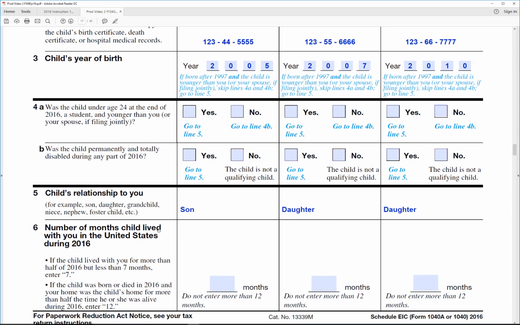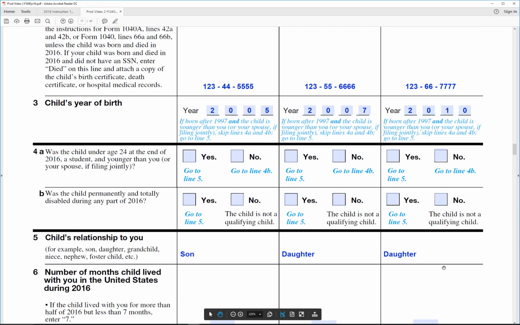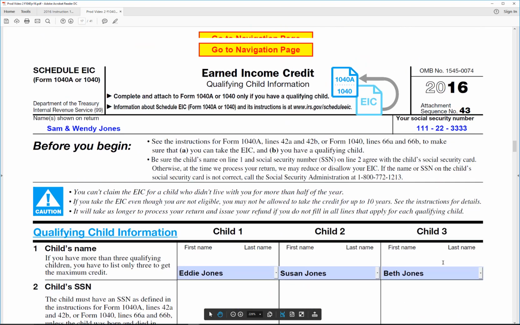And on line 6, we're going to say that all these kids lived at home for 12 months, just like that. Oops, 12, not 13. And then I have this little computation at the bottom here where it tells you that you've completed the form for 3 children. So let's go back to